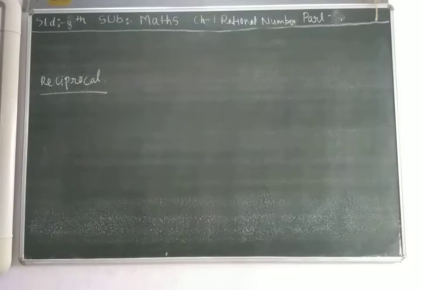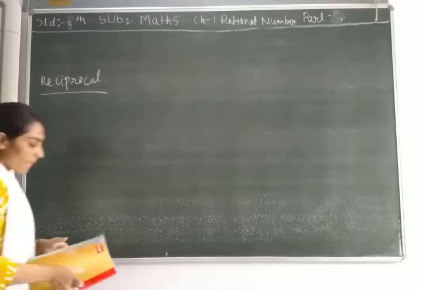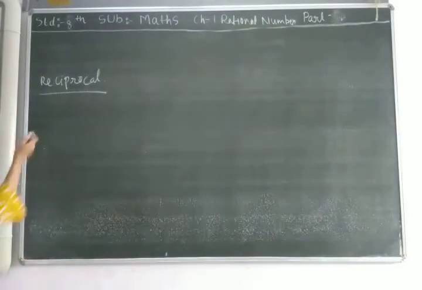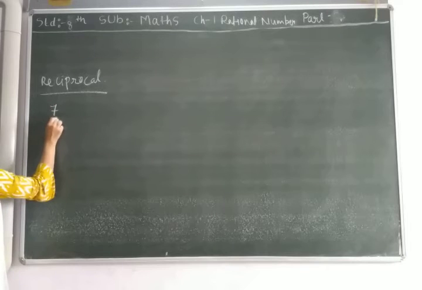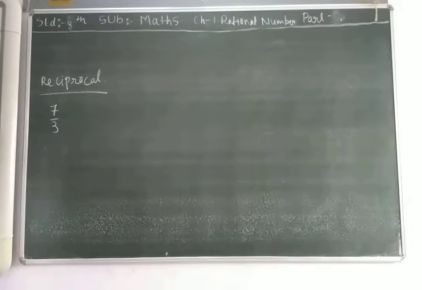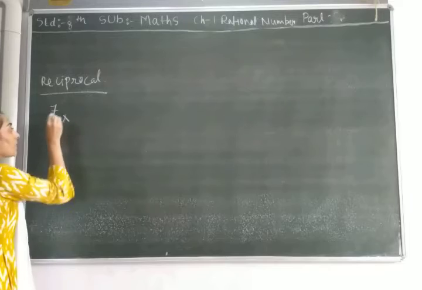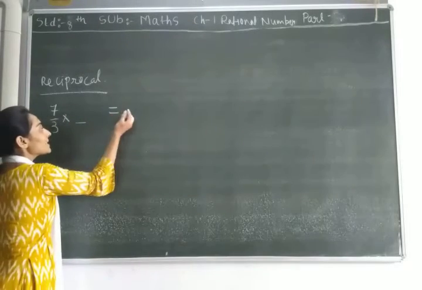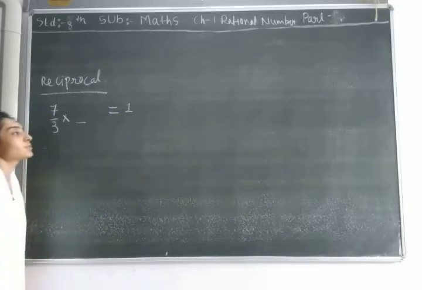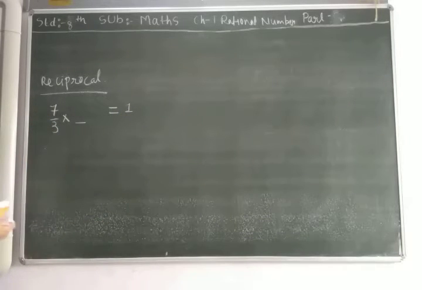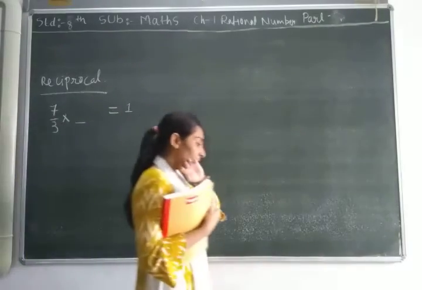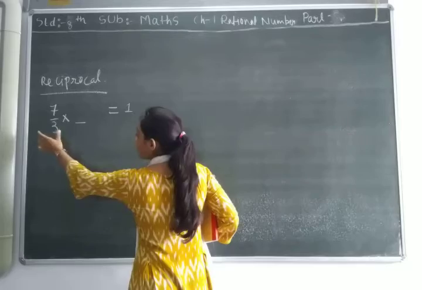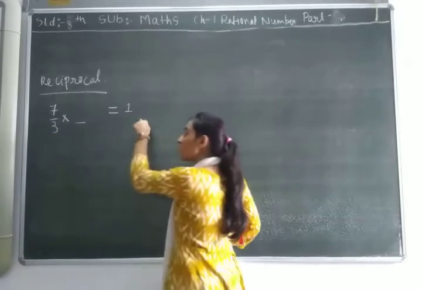Reciprocal. Okay. So if you take any number, say 7/3, what number should I multiply so that I get equal to 1? Okay, the reciprocal. For which number am I going to multiply with this number so that the resultant value